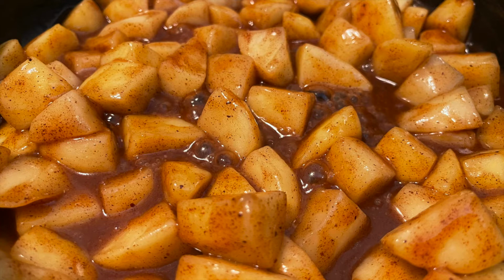If you've been here for a little bit, you may remember that I really love the combination in the fall of pork, apple, sweet potato, and cinnamon. Such a great flavor profile. But these also would be great for desserts. You can use these to make an apple crisp or an apple crumble, or have them with ice cream like